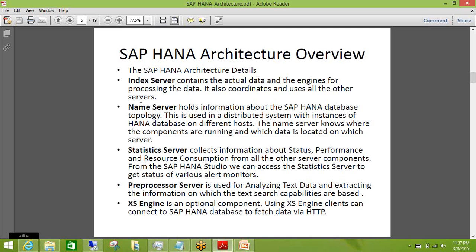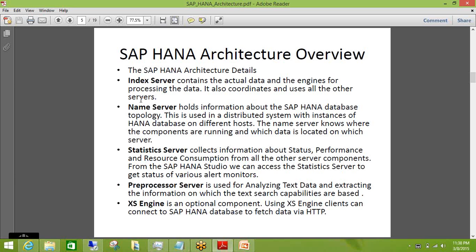If you are working on row-based storage, you have row-based calculation coverage. In the same way, for column-based, you have coverage with the column-based engine. So all these things are covered, and these are separate engines.